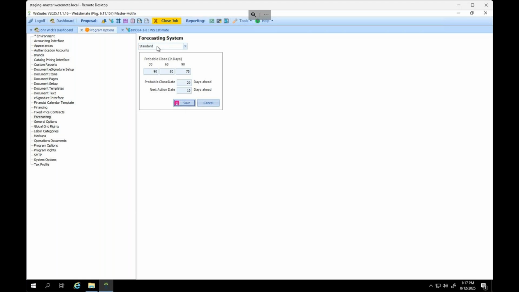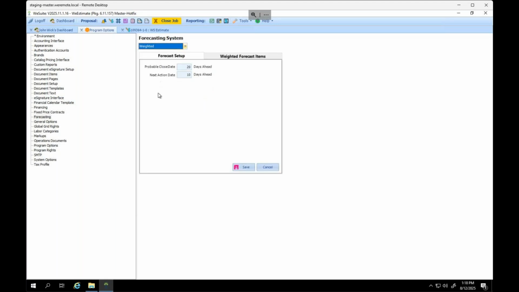Setting the standard forecasting up means that you're using the standard forecasting in the estimate tab. If I wanted to use the weighted forecasting, I would simply hit weighted. And then in here, there are two toggles for this. The forecast setup is again setting out the probable close date. So I want to set that date, and then the next action item date, how many days I want to